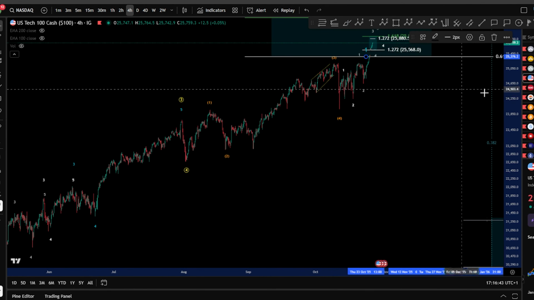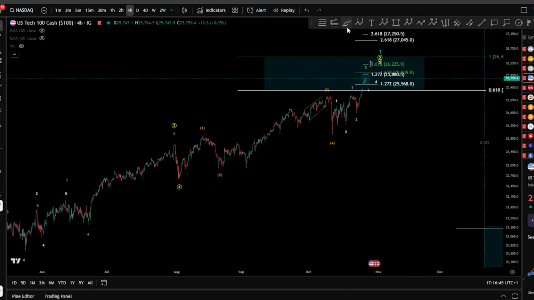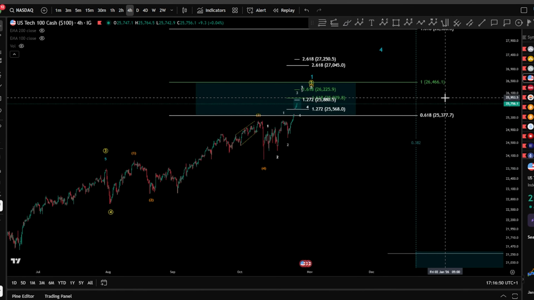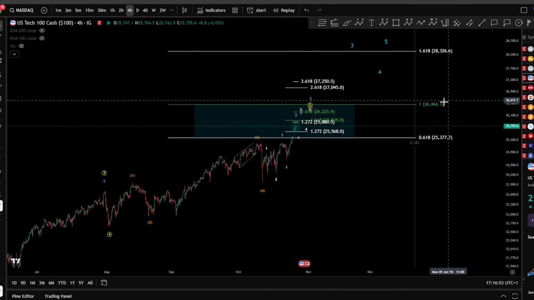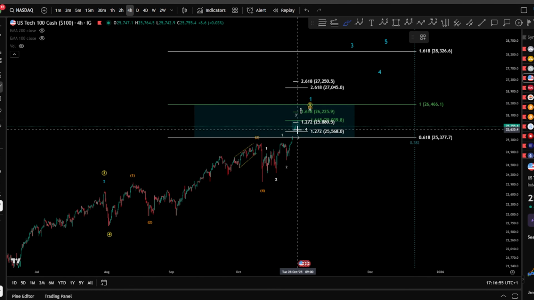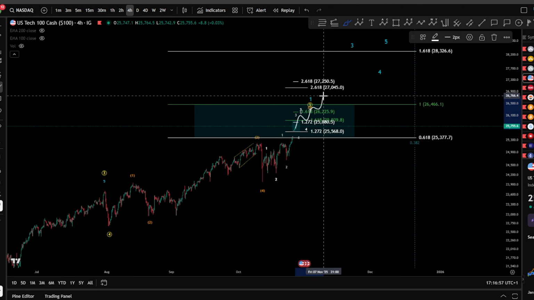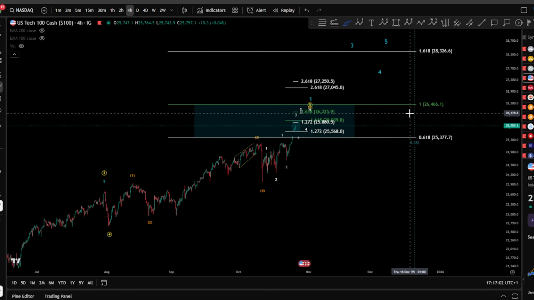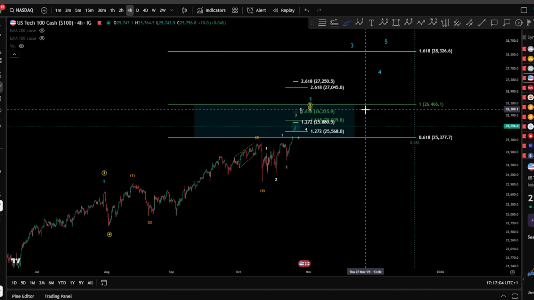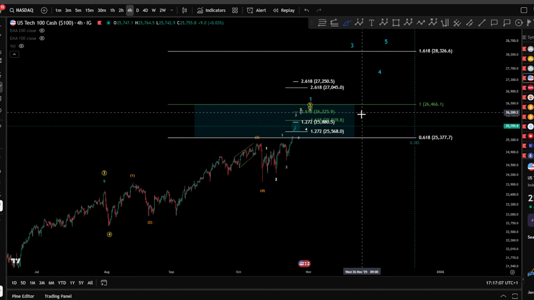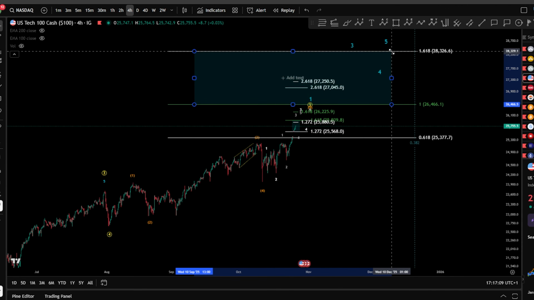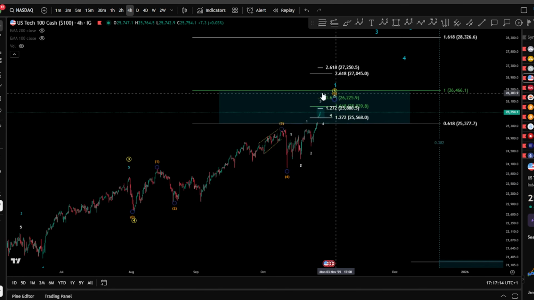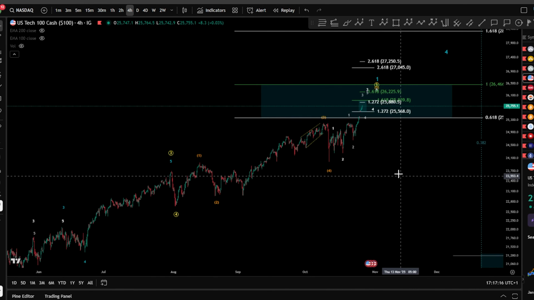And then we have a double 1, 2 here, which is unfolding for wave 5: 1, 2, 1, 2, wave 3, 4, 5, 4, 5 towards the upside. Can it reach above the 26K 500? Yes, it is very possible even to reach above it. It can happen, and we can even reach the extension here, which is a 1.618 for a wave 5, because wave 5 can be extended to this area. But let's finish this area first and see what the micro level gives us, and then we move to the next area.